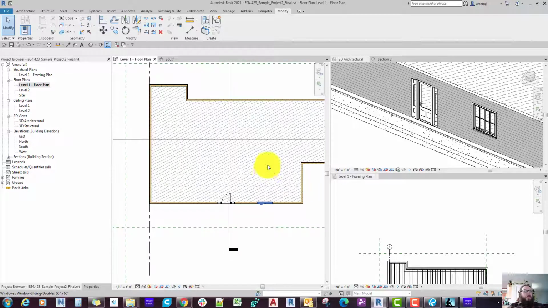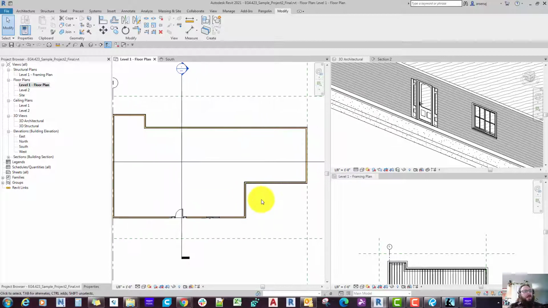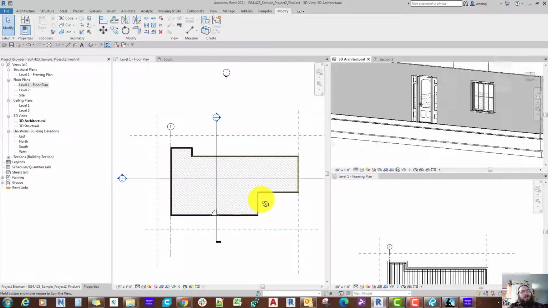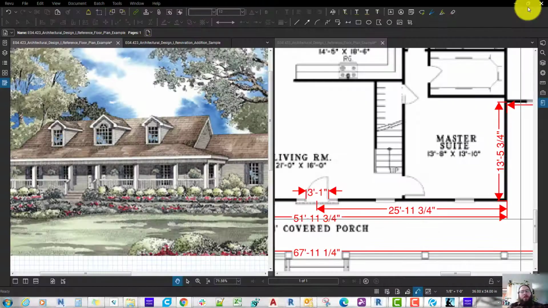In this video, we're going to start going over how to insert doors and windows into our project. We're going to work on the exterior and then move to the interior walls. But for this video, we're going to show how to insert and create these door and window families. So in our Revit project